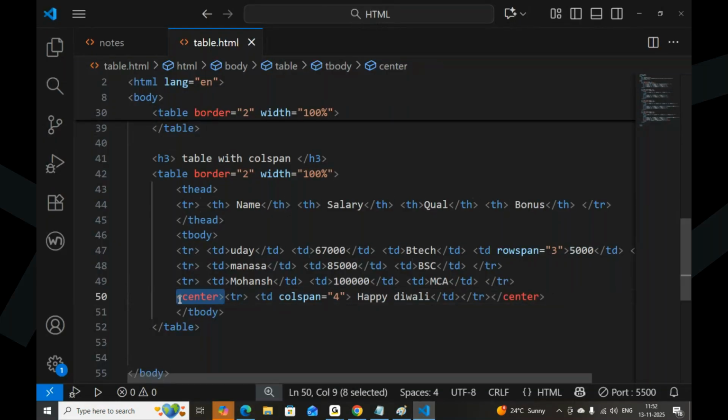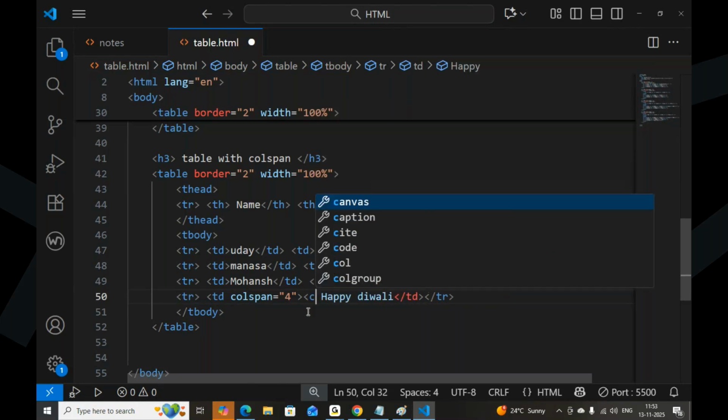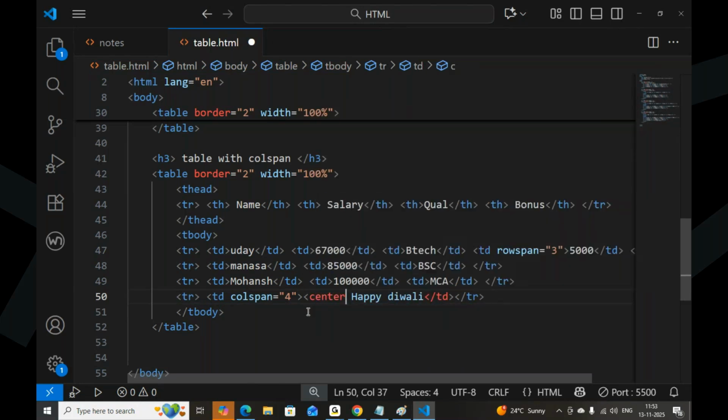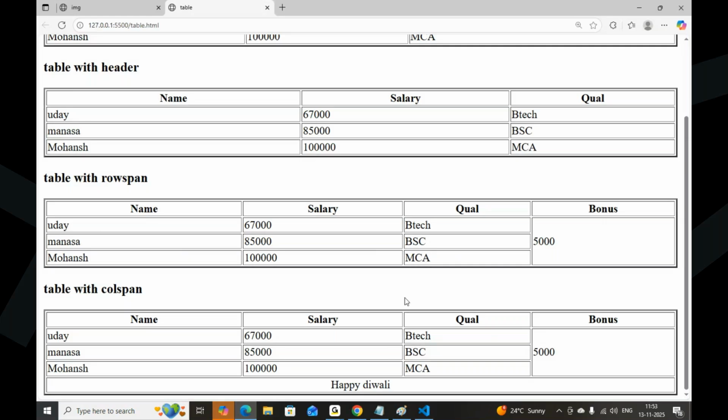I do one thing: I remove it here and keep center only for the text. Yeah, it will work. So this Happy Diwali is a column span which is occupying all the columns. Am I clear, guys?